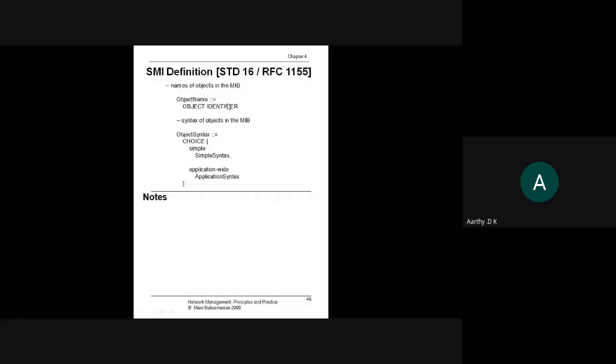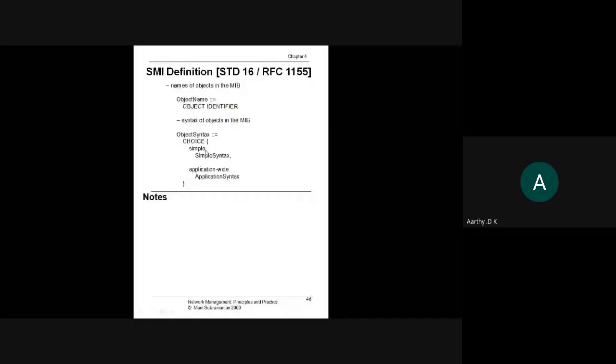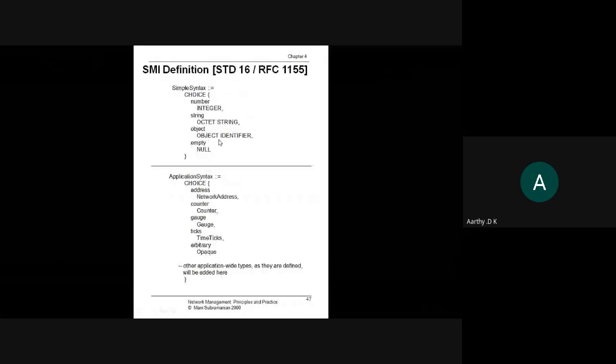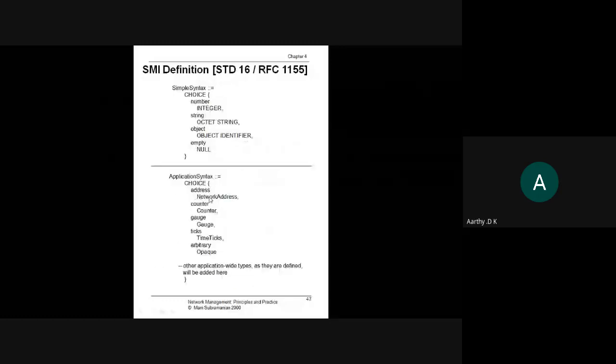The name is given by the object identifier. The syntax that it follows will be either simple or application specific data type. If it is simple syntax, the values can be number, octet string, object identifier, or null. If it is application specific, then it can be network address, counter, gauge, time ticks, or opaque.